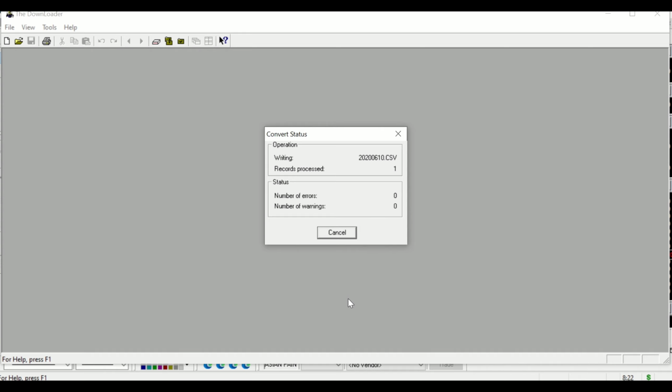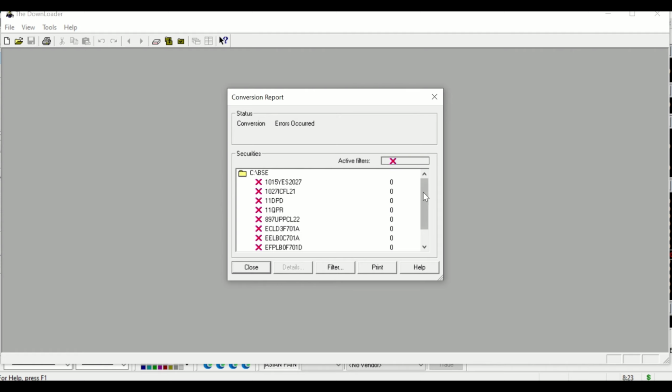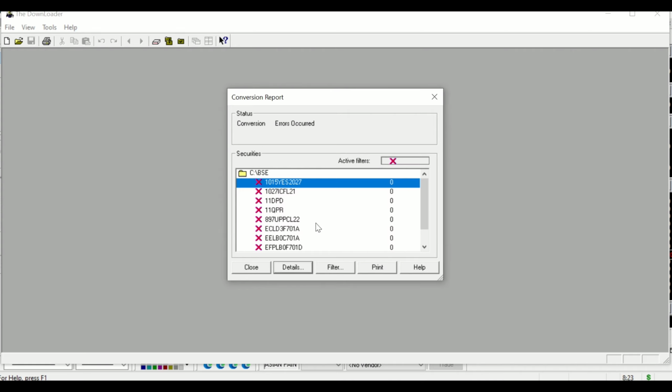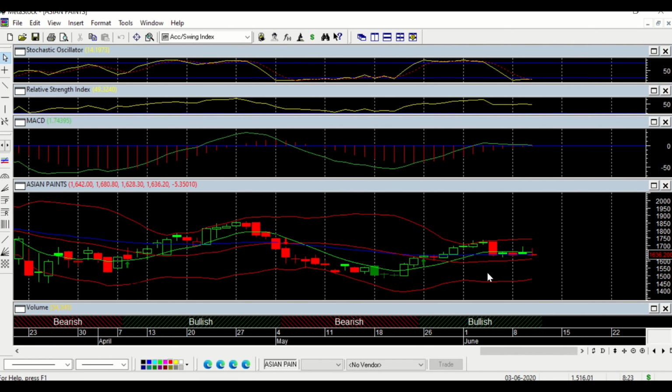Again, Metastock is a bit slow compared to AMIBroker. Once we have this entire process completed for all the scripts, Metastock Downloader will also show a summary of all the errors. Yep, processing is done. And these are the scripts where the Downloader had difficulties in importing the price data. We can click on details for this and we will have the detail of the error which the Downloader encountered. If we see that none of these are relevant for our analysis, we can close this and ignore them, and we can continue using the data in Metastock. All of those should have been updated.